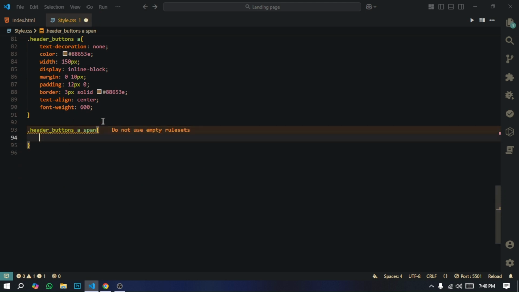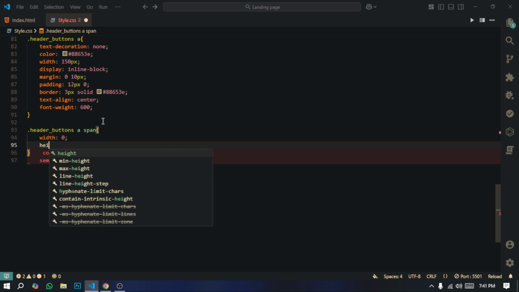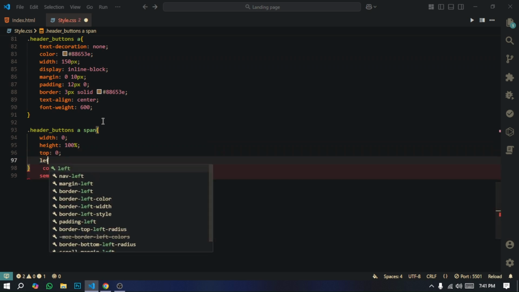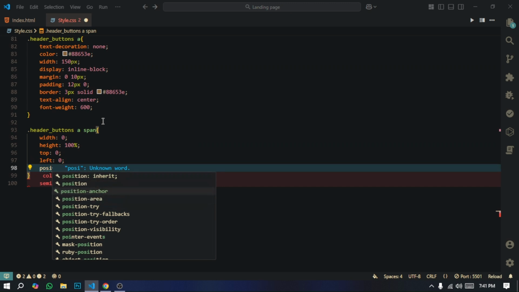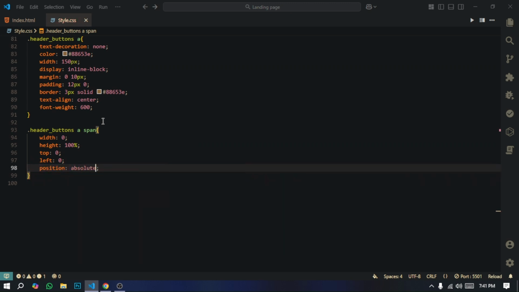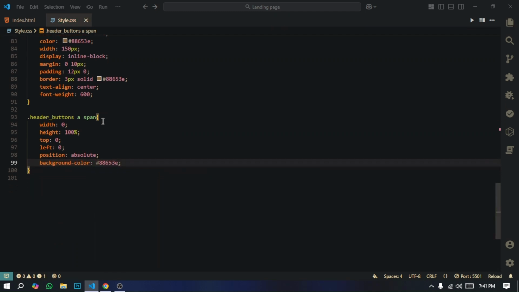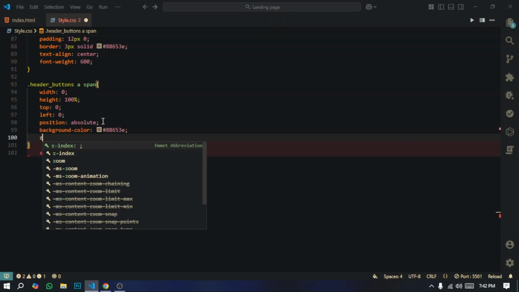So anchor then span, then the brackets, then let's say the width will be 0, then height will be 100%, and top 0, left 0, position absolute, and after that, the background color will be this one. Yeah, pretty good. And after the background color, the z-index will be -1,